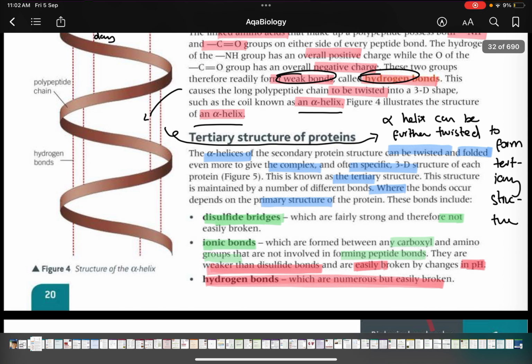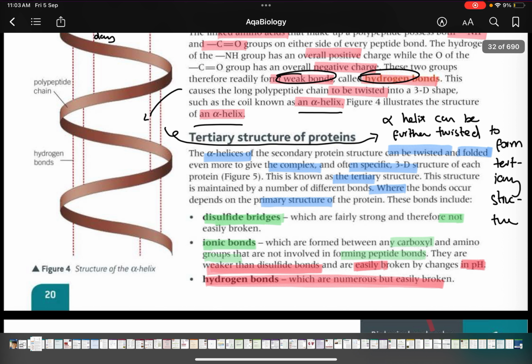So our alpha helixes can be folded again and again into complex shapes to create a specific 3D structure known as the tertiary structure. And the tertiary structure has certain bonds that maintain the structure. These bonds are dependent on the primary structure, and we have three different types of bonds, namely disulfide bridges, which are very strong, not easily broken, hydrogen bonds, which are very weak but many in number,